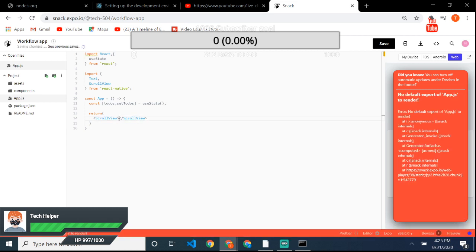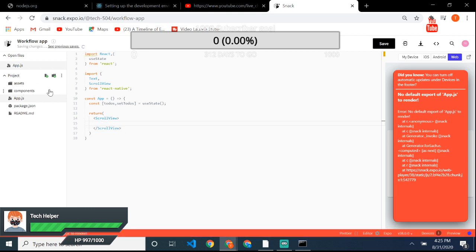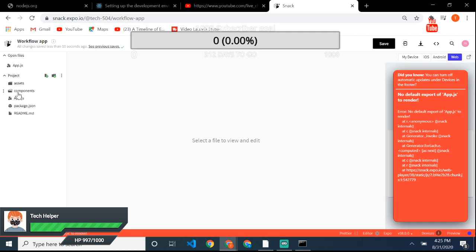And we'll need to create a components folder because we'll be passing this down through props. So we're just gonna remove the asset example. We're going to make our own examples. We're gonna make our own components. So leave our components folder. Let's make a new file, not untitled file, and we're going to call it to-do.js. So a to-do.js,